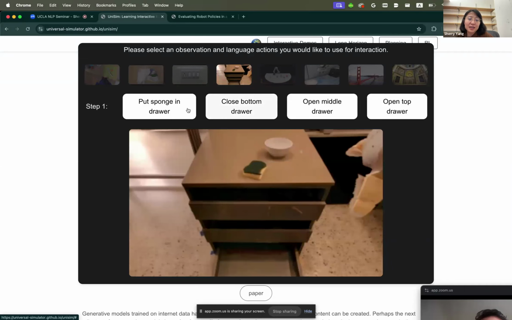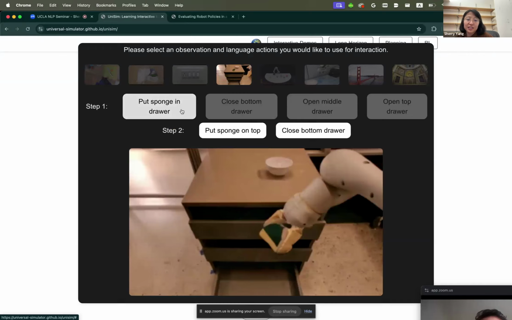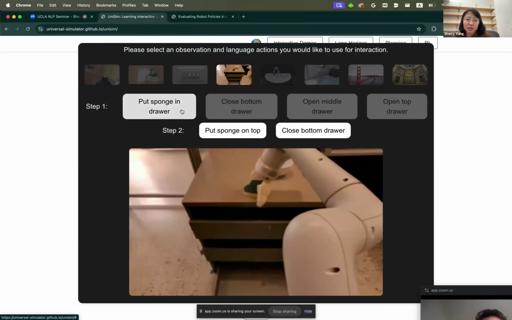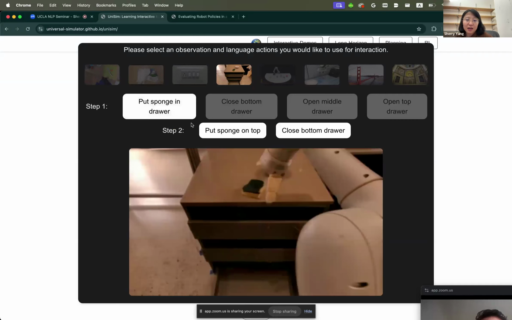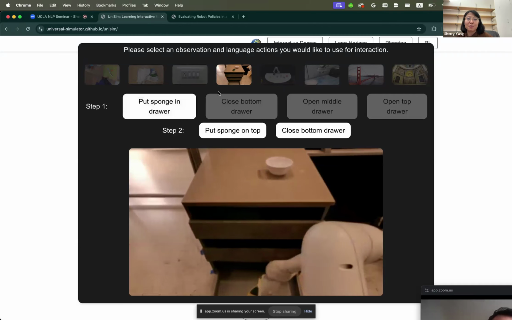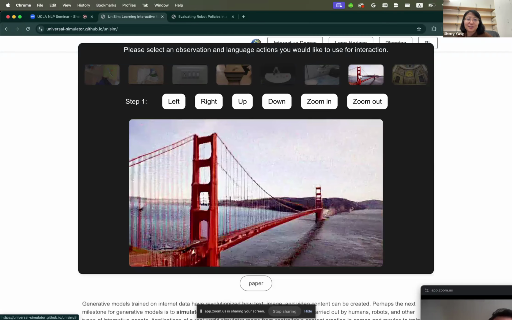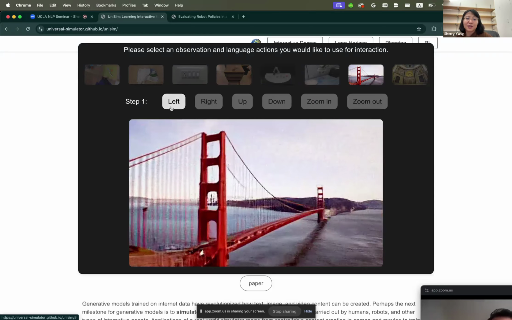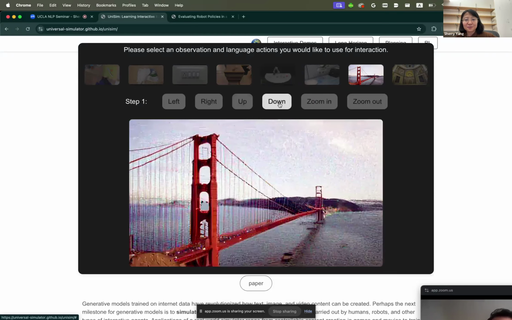So now, through video generation, you can generate videos for humans. Of course, you can also generate videos for robots, right? And I will show you more examples of how this is actually useful as a simulator to lower the cost of real world interactions. But the point being, you can really generate many different types of interactions with different initial frames and so on.